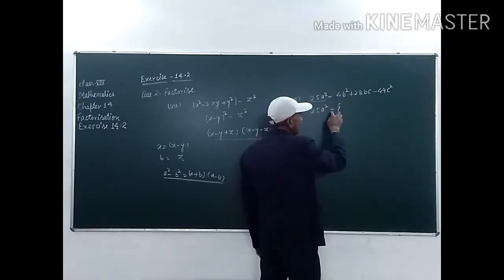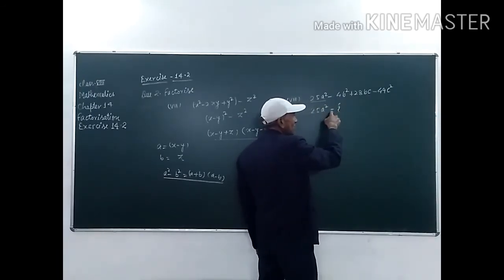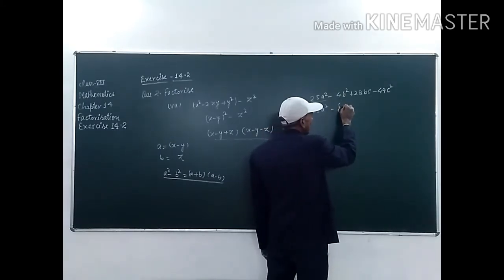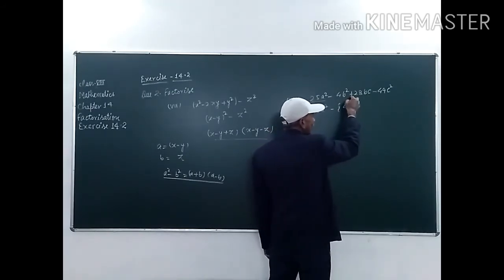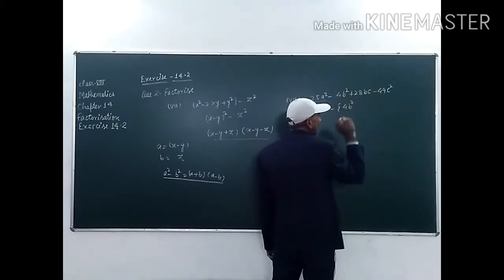And in this bracket, if we have taken negative sign common, then it will be 4b square, and this positive will be negative because we have taken negative common here. So, positive will be negative and negative will be positive, minus